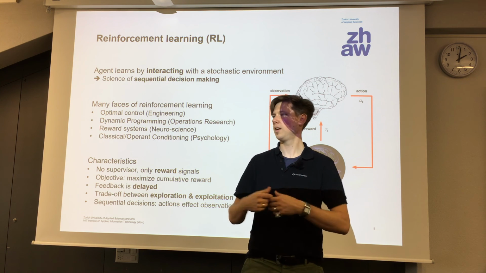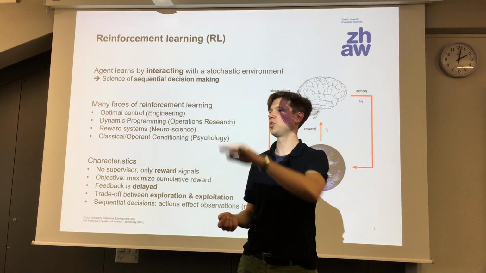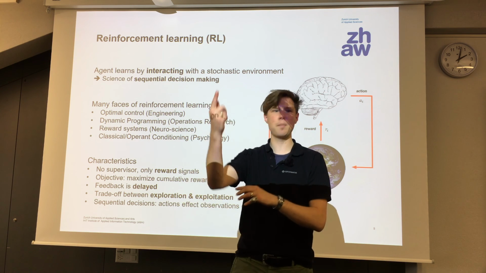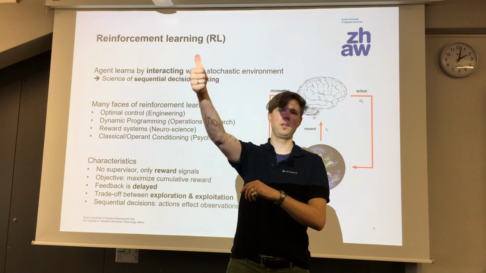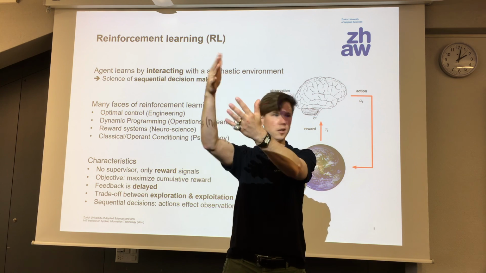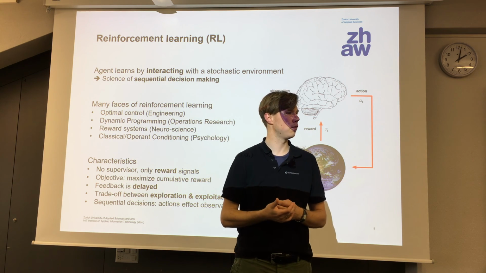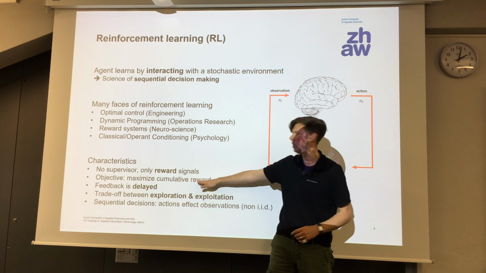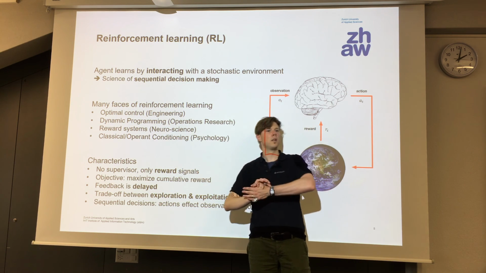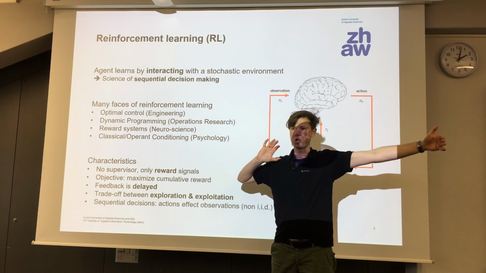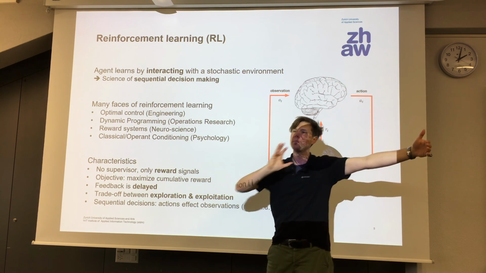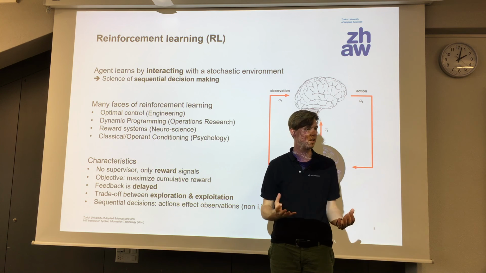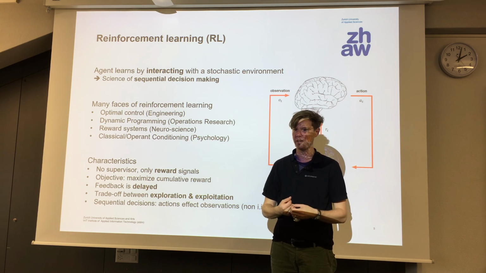In supervised learning, in classification, you have a loss you want to minimize. And for every attempt you make, you directly get reward. Yes, no, correct, incorrect, you get a loss, you can adapt your weights, whatever. In reinforcement learning, you want to maximize cumulative reward. So for a lifetime in the future, you want to collect as much reward as possible. But in the beginning, you do not know what actually brings you reward.